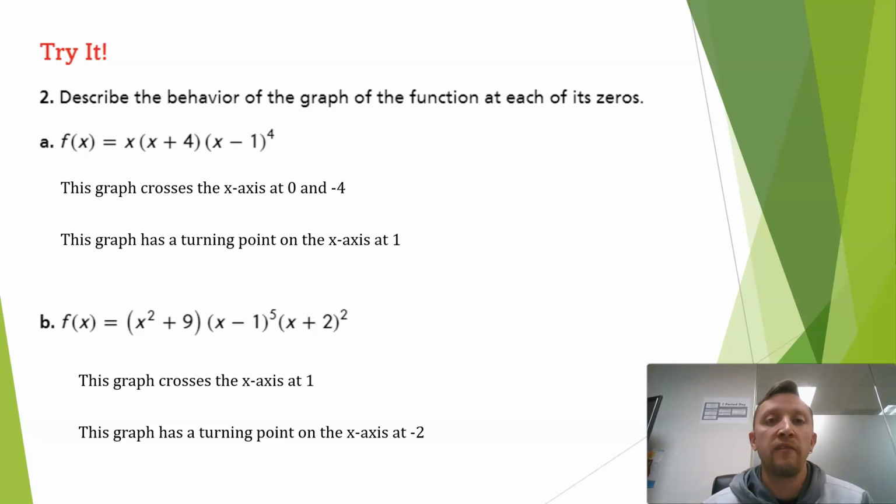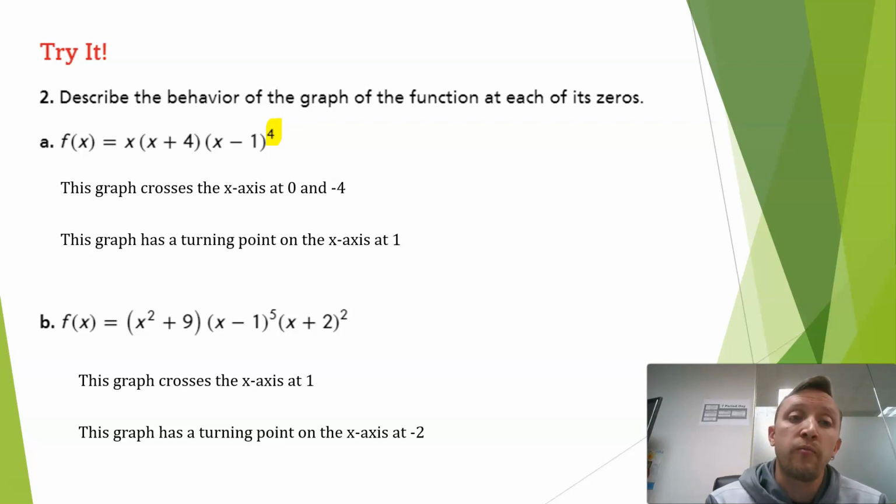So here it says describe the behavior of the graph of the function at each of its zeros. And so here we have f of x equals x times x plus 4 times x minus 1 to the fourth power. So we know that that means that the graph is going to cross the x-axis at 0 and negative 4. Okay, but at this one, since that 0 has a multiplicity, or that factor has a multiplicity of 4,